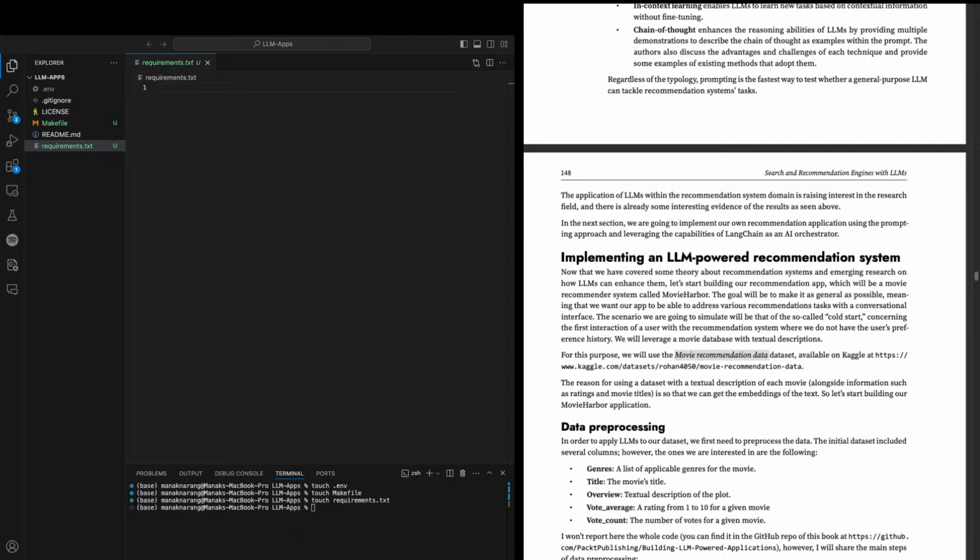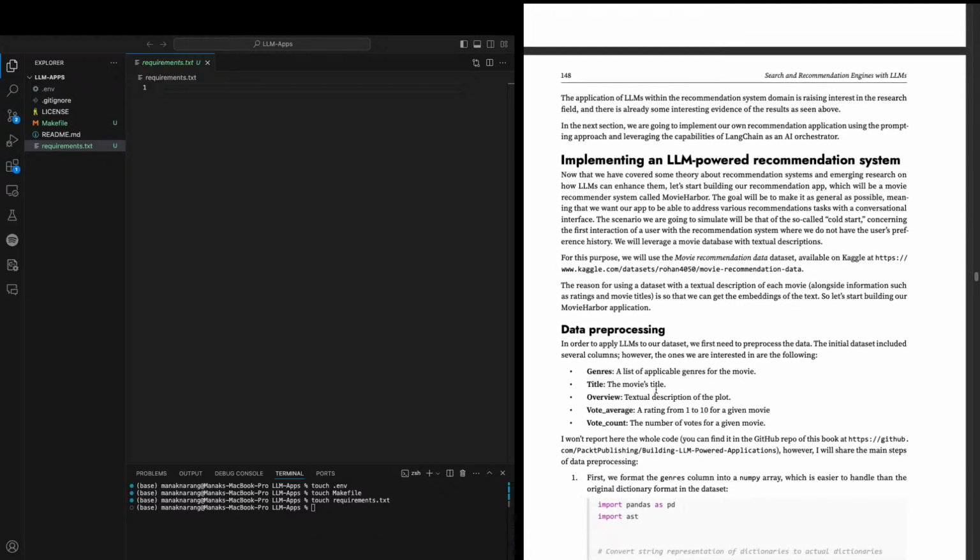Okay, let's start with the movie dataset then. So we have multiple more datasets to work with.